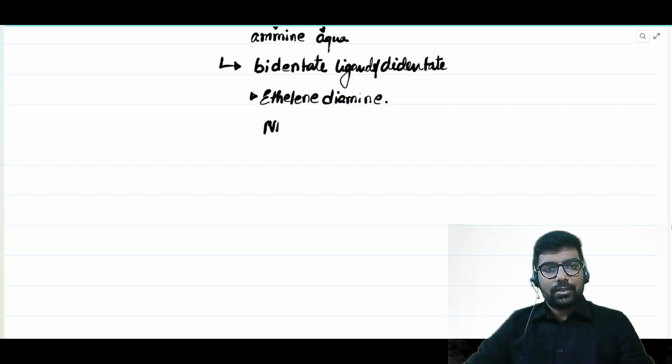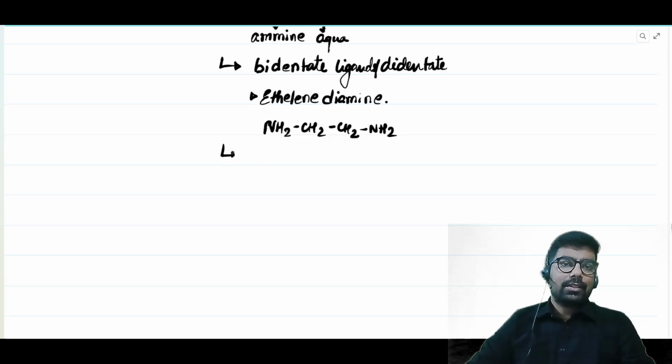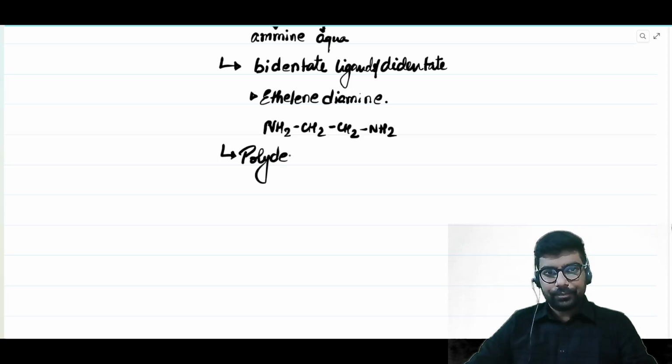The structure was something like this: NH2, CH2, CH2, NH2. Then we discussed that if someone has denticity more than 2, we generalize them by calling it a polydentate ligand,